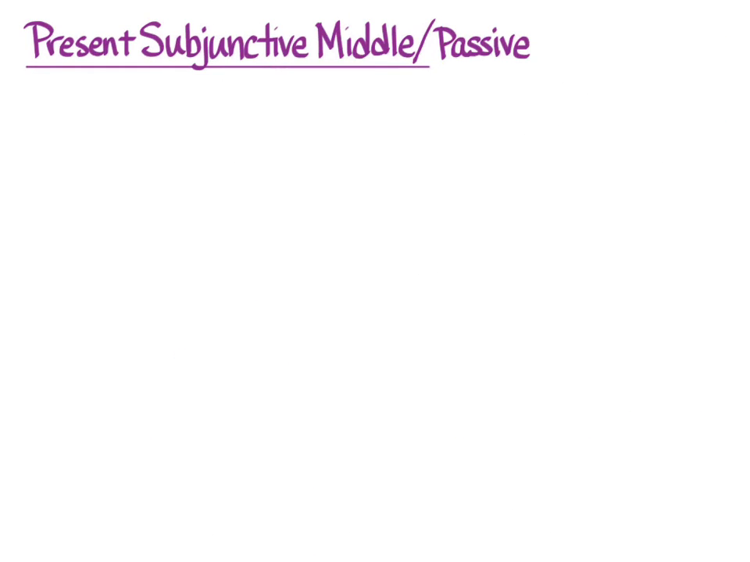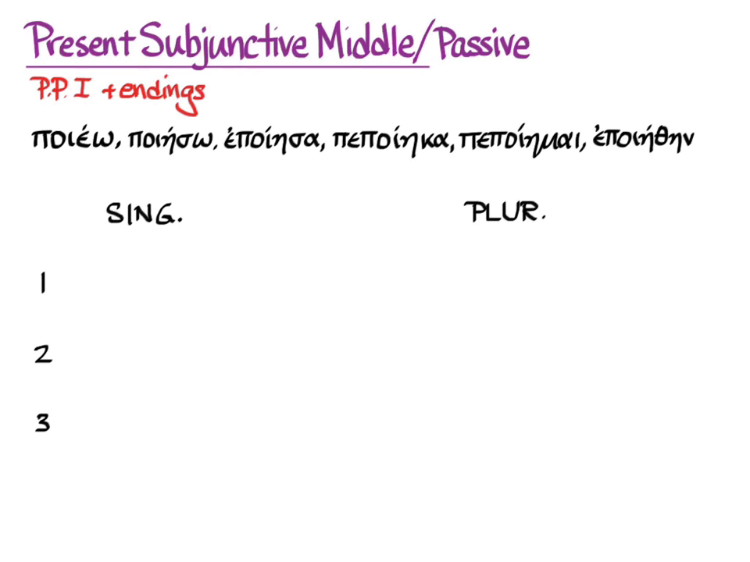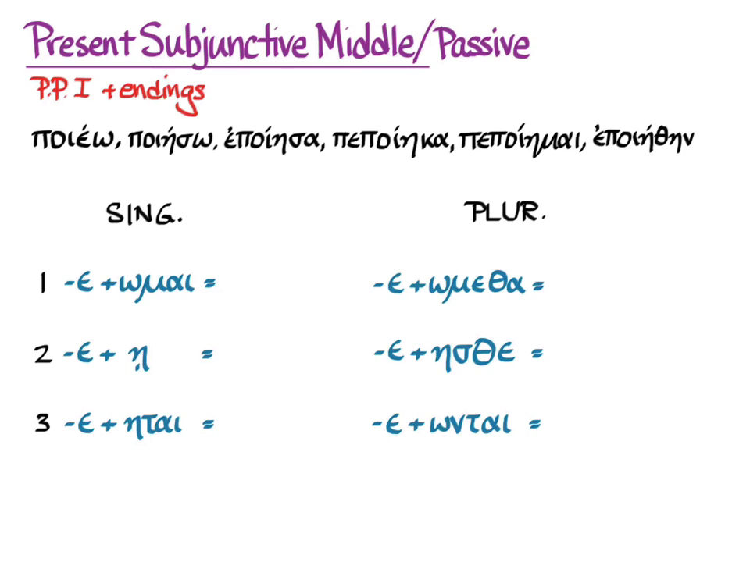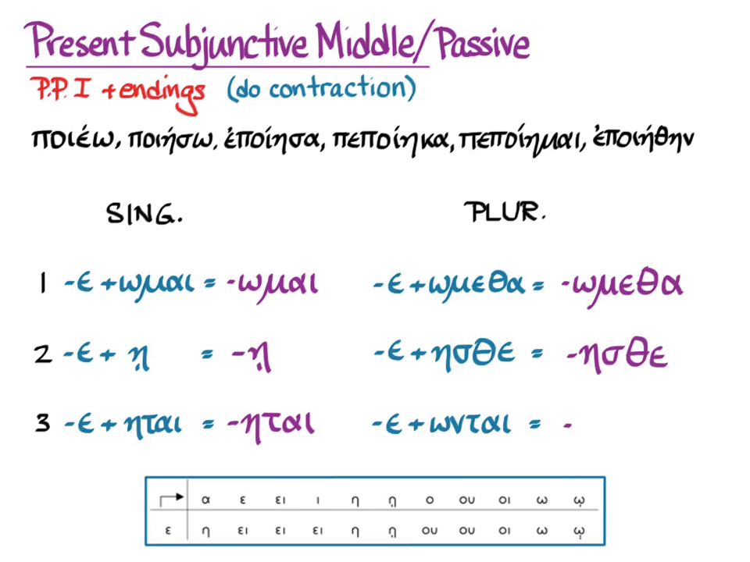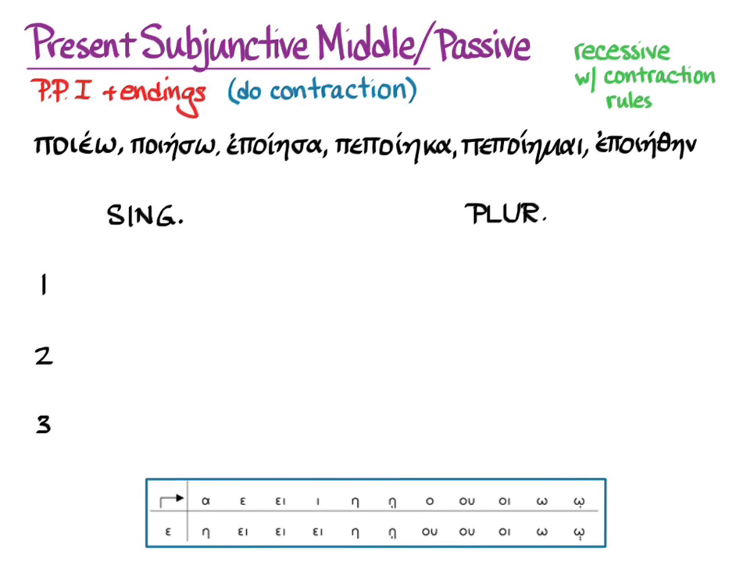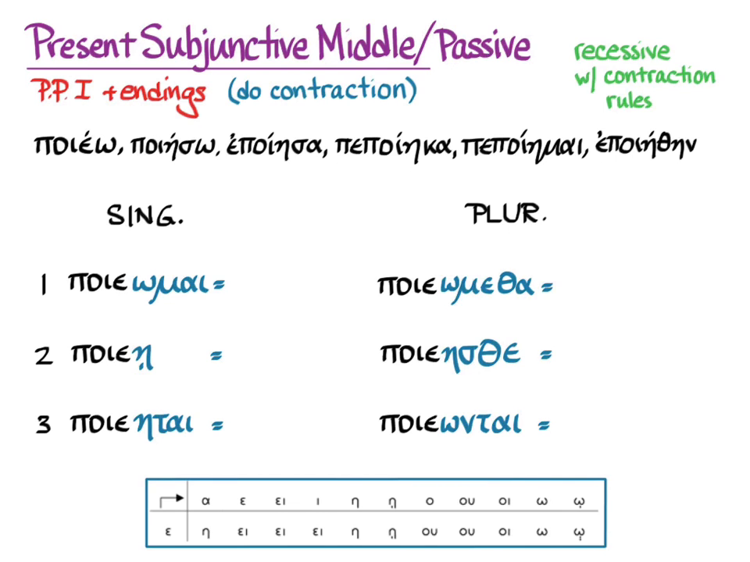Let's see what happens with the present subjunctive middle passive. First principal part and endings, epsilons combined with the endings that we know, do the contraction, and we get omai, atai, omatha, estha, ontai. And we'll follow the same rules about accent. So when we actually combine that with our verb poieo, with these stems and these endings, when we do the contraction, we get